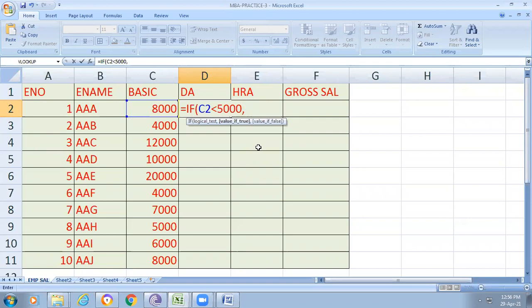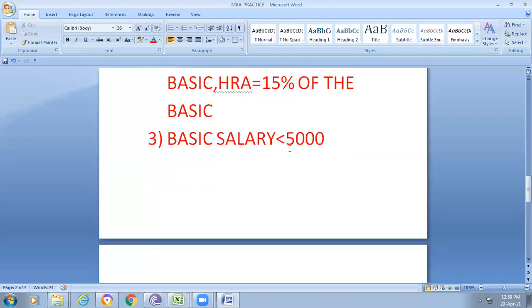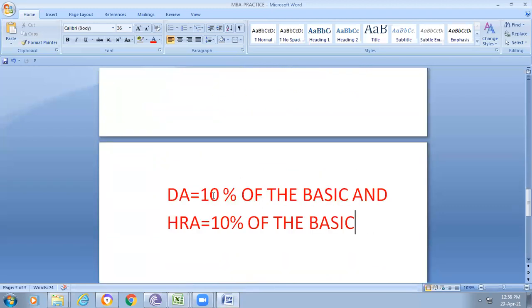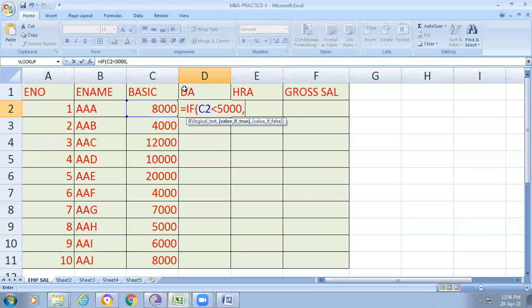So we do one thing: 10 percentage of basic. If the basic salary is less than 5,000, 10 percentage of the basic for the DA, 10 percentage of the basic for HRA. Am I right? So now we do the 10 percentage, 10 percentage into C2. Okay, otherwise, if the salary is not less than 5,000,